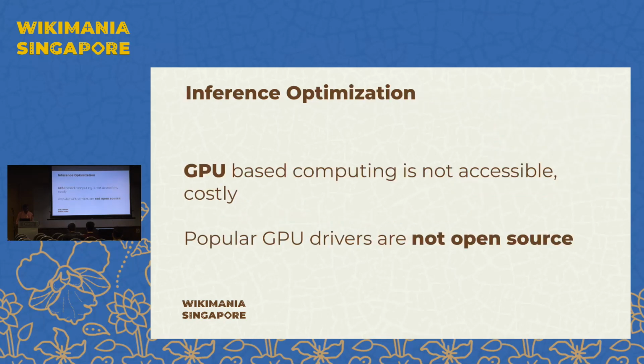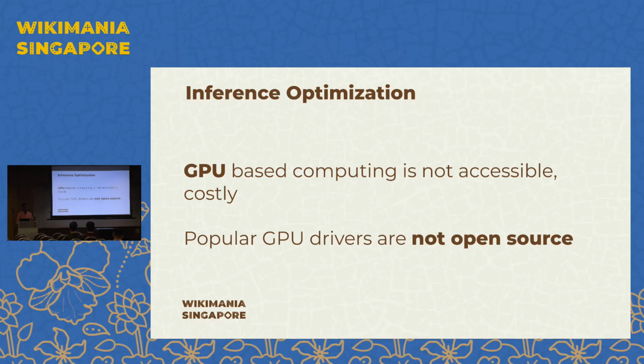Now, I talked a lot about this inference optimization. Why? Because as you know, most of the machine learning projects these days require a lot of computing capacity, mostly GPUs, hardware acceleration. And your personal development machines like your local laptops mostly do not have that capacity, and people are in a hurry to see where to get that computing capacity. There are a lot of ways people are trying to see how to get GPUs, how to get NVIDIA, all those drivers. And also note that these drivers may not be open source.